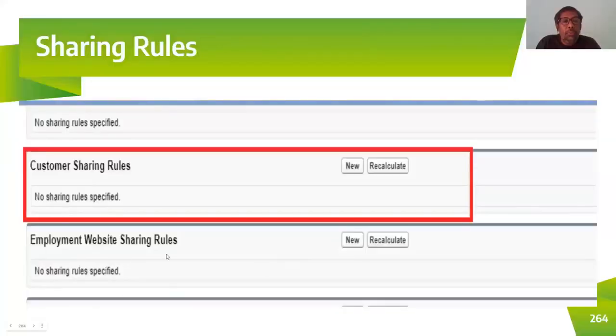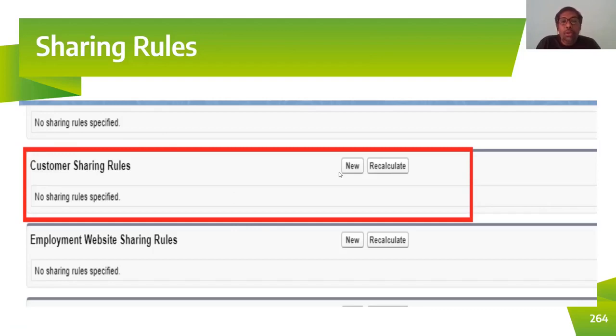Now you click on the edit button, and then you specify the sharing rule. Here the sharing rule is being done for the customer object. On the customer object, the OWD will be private, so no other users can access it. But now he is going to give sharing access on the customer object, right? At the bottom of the OWD, you can see the customer sharing rule section will be there.